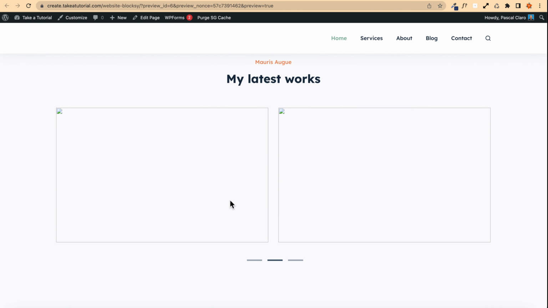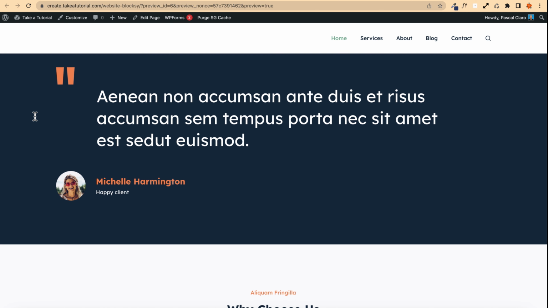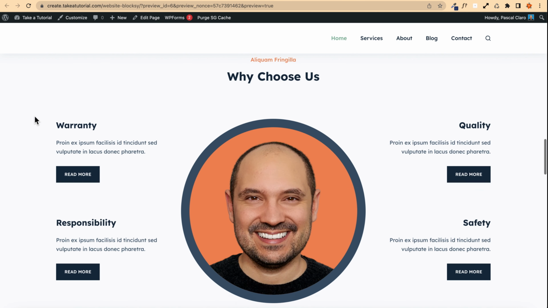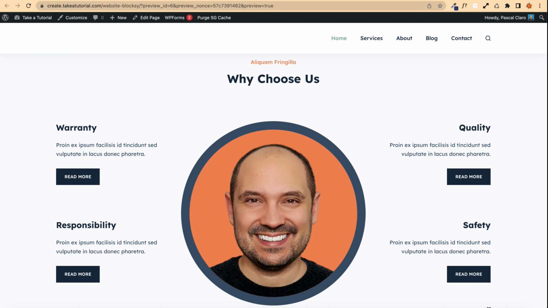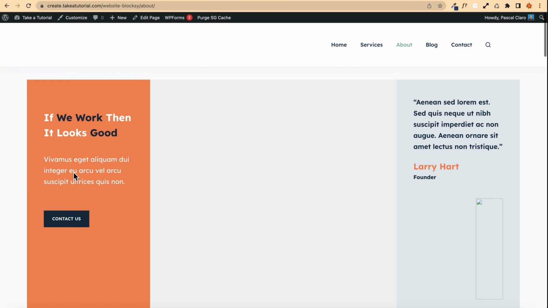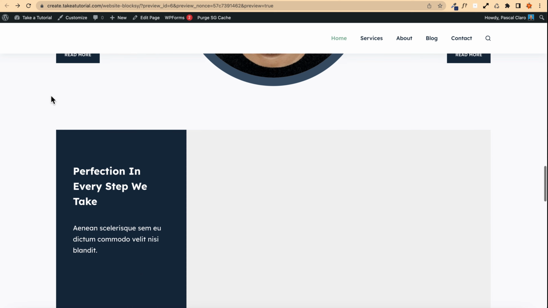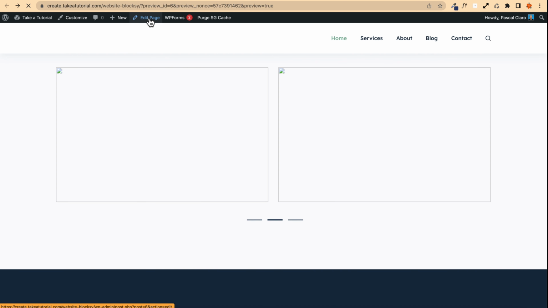I will show you later on how to customize the slider. We will have this beautiful testimonial here, and I will have a beautiful section with my image and with different kinds of buttons here. And if I click on this button that I updated, I will be landed on my About page. Okay, so we can go on like this, and we can continue by finishing this page by clicking on Edit Page,